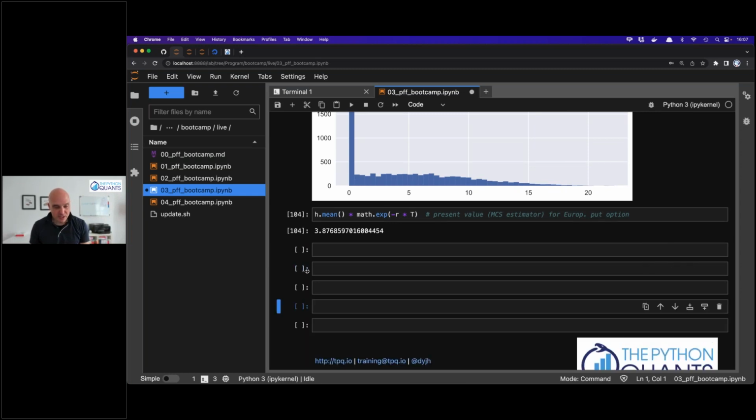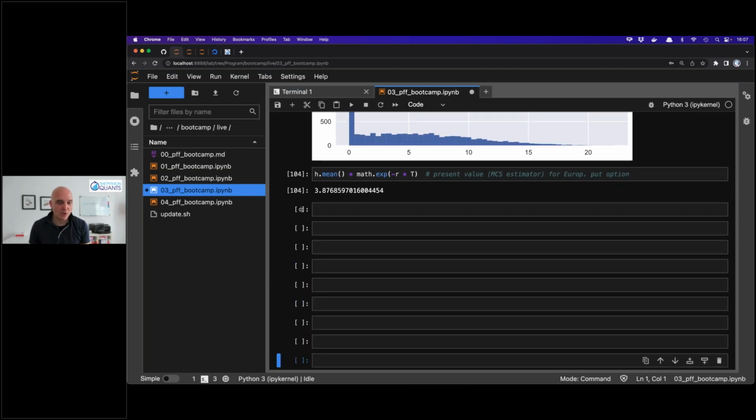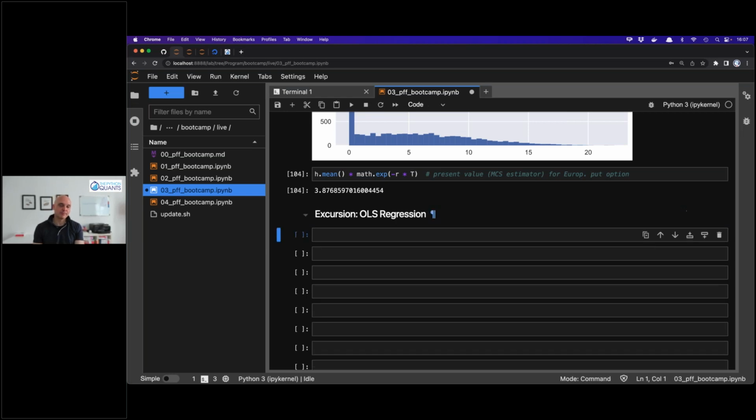So that's the first value. So now for the American option, we need regression techniques. Therefore here, an excursion on OLS regression, right? Before I get to the American option case, like here, let me put this as a marker,